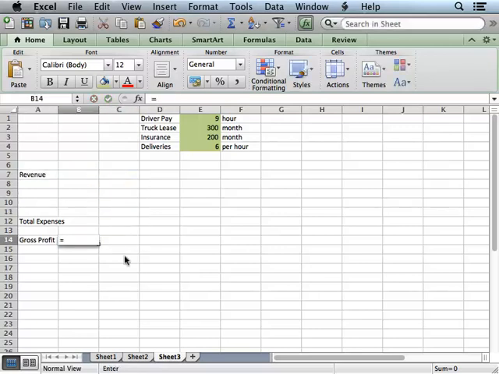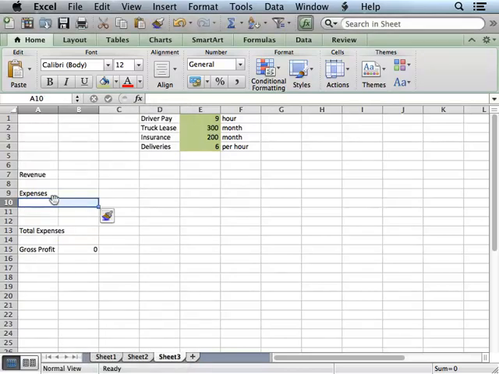So gross profit is equal to revenue minus total expenses. And my expenses are, let's take a look. We have driver's salary,